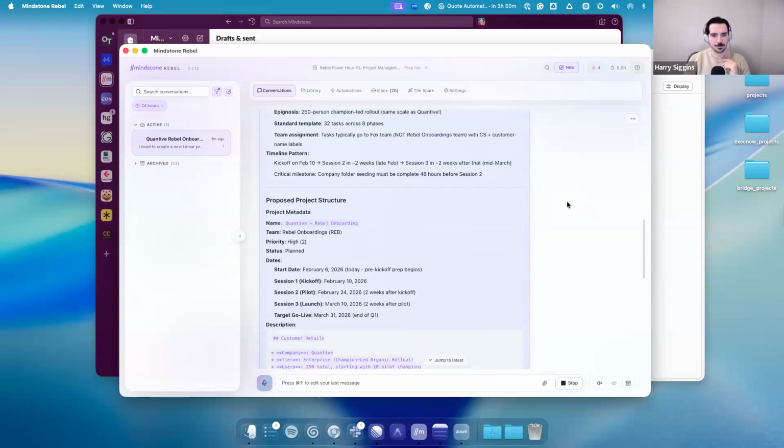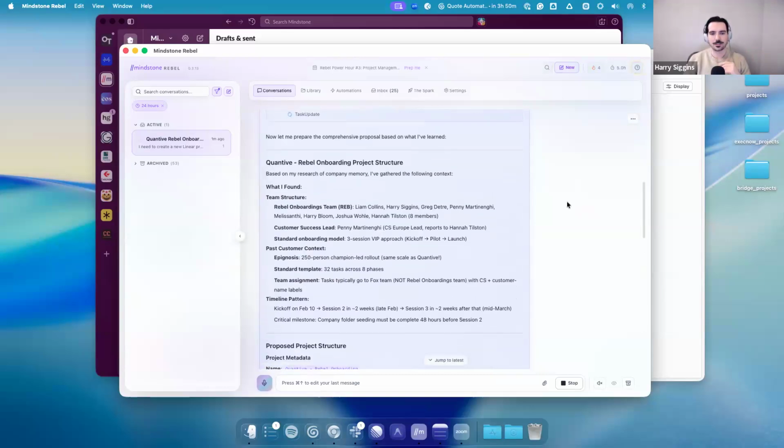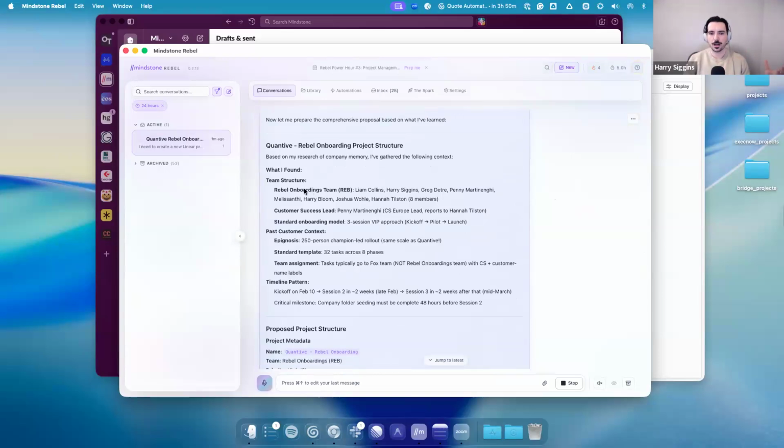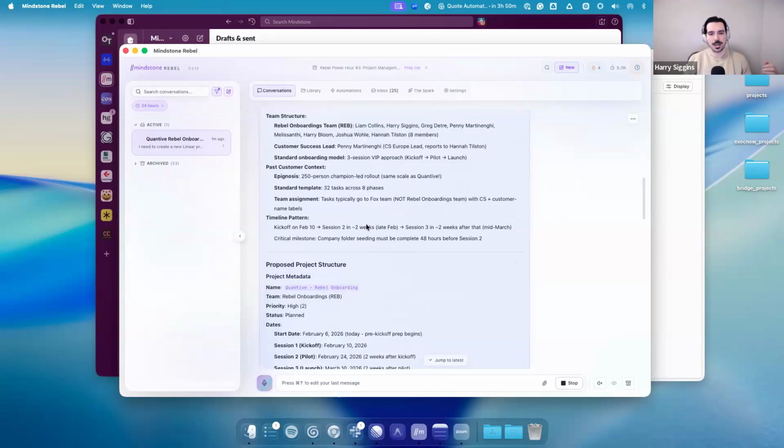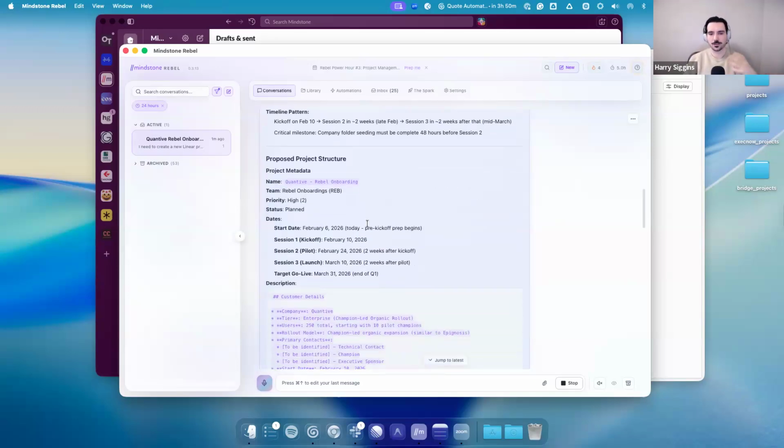And if I scroll back to the top, you'll start to see that, based on its research, it's found Rebel Onboarding's team structure, which is these people. It's got customer success lead, which is Penny. The standard operating model, which we've outlined as a 3-session VIP approach, and then timeline path and things like that. And so it's created this sort of structure for us based on